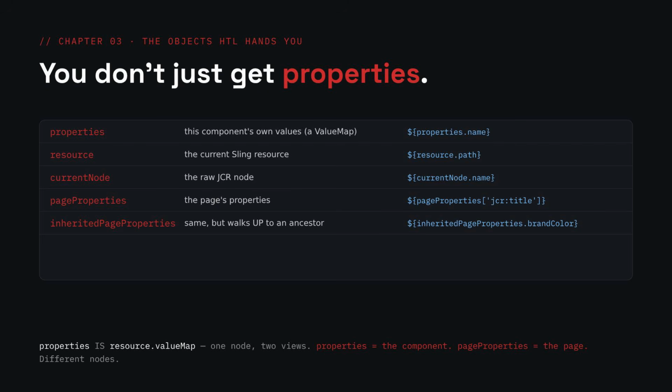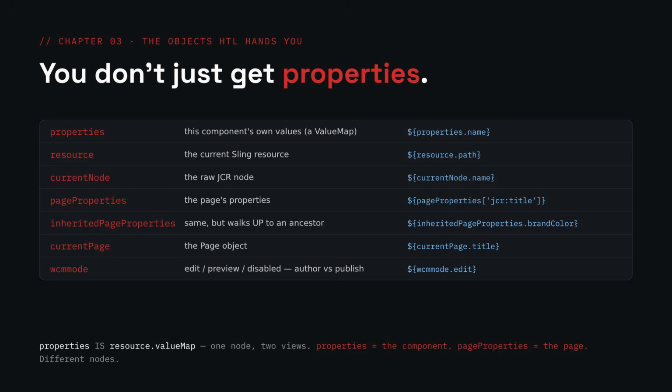For example, you can set a brand color on a parent page and let all the pages below inherit it. Next is currentPage. This gives you the page object itself, so you can access things like its title, name, and path. And finally, wcmmode. This tells you which WCM mode you are currently in. For example, wcmmode.edit is true while you are editing the page and false when you are not in edit